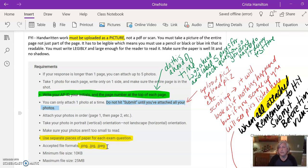So that means you can't try to log in on two different devices, like pull it up on your computer to see it and then try to upload with your phone. You have to pick a single device and use that device the entire time. The problem that I see coming down the pike about using your computer to view it instead of viewing it on your phone, which also has its own cons, is going to be that,